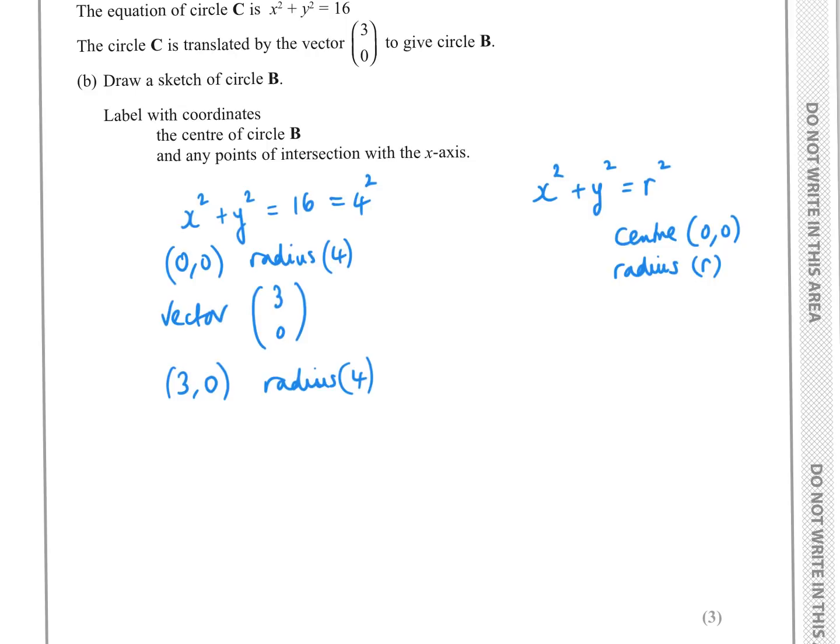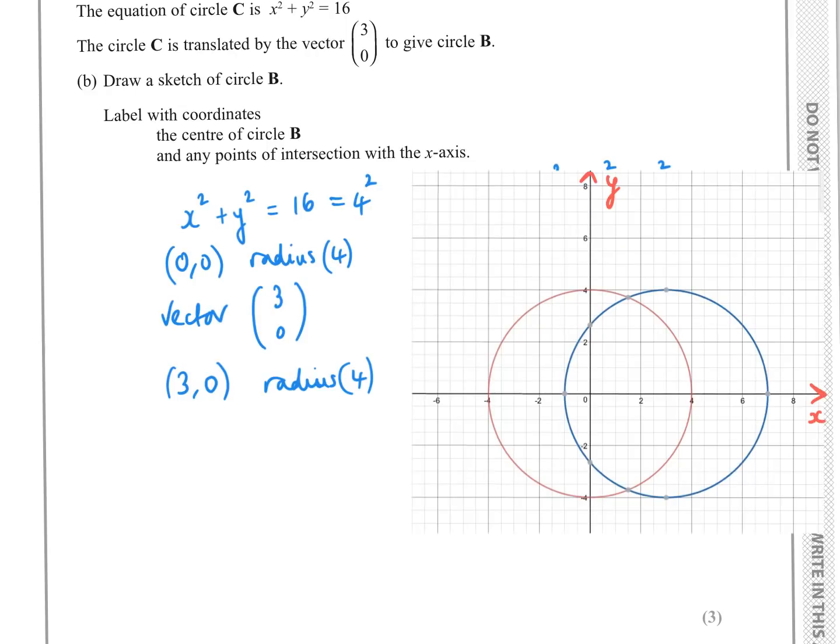a little sketch here. So I've done a little bit more than a sketch for you. I've imported a graph. So the red circle here, this is C, and the blue circle, this is the one that's been translated by the vector 3, 0, and that's B. Okay, so you'd obviously try and do your best to show at least where the centre is. I think if we were doing this in the exam, the centre would be 3, so you'd write that down here, and you'd have this as your centre, and then maybe you might just still show that that's 4 units,